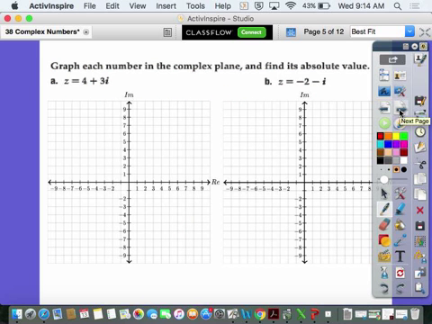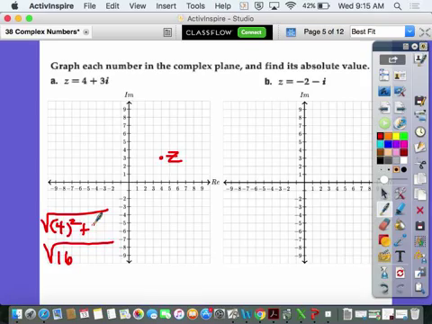So what we're going to do is graph each of the numbers in the complex plane and find its absolute value. So 4 plus 3i. How would I graph that? Over 4 on your real axis and 3 on your imaginary, and there it is. There is z, 4 plus 3i. And then to find its absolute value, that's nothing but the square root of a squared, which is 4 squared, so 16,